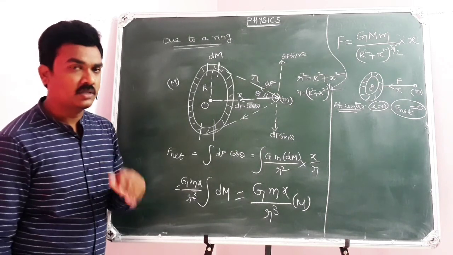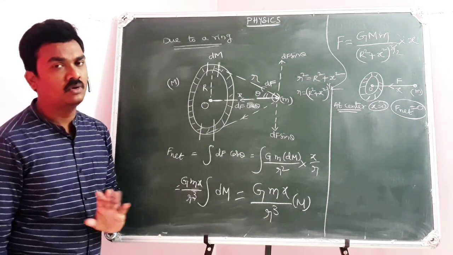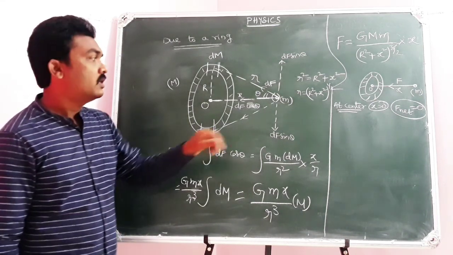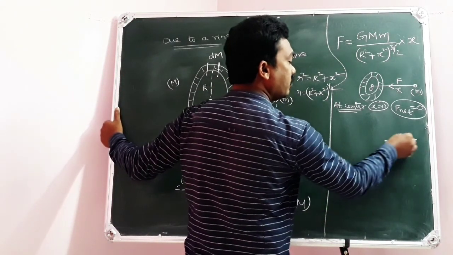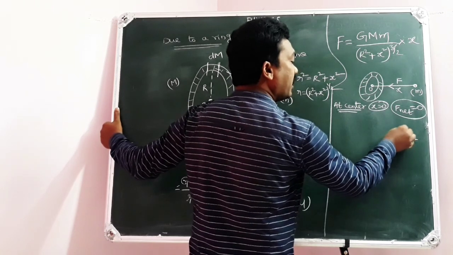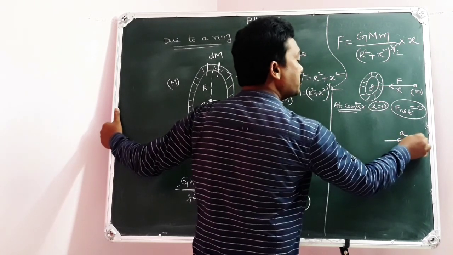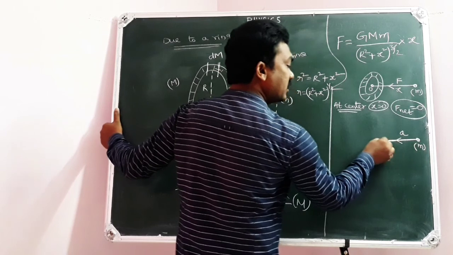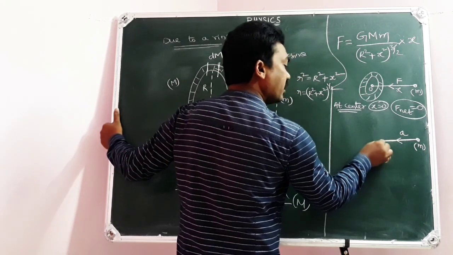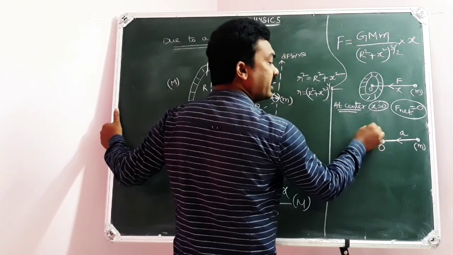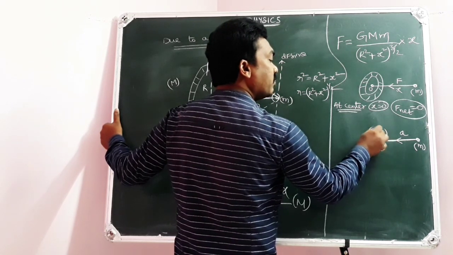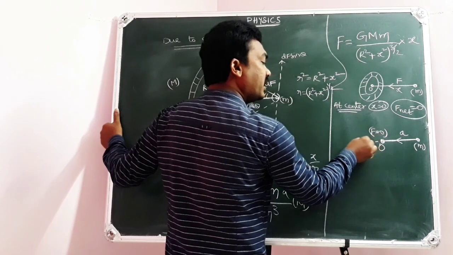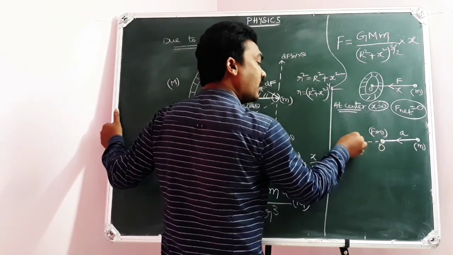Then you may have a doubt, sir, will it stay there forever? No, because your point mass moves with acceleration until that moment. Your point mass is moving with increasing velocity towards the center of the ring. So once it comes to the center, though the net force on the particle is 0, because of inertia it will continue its journey onto the other side.